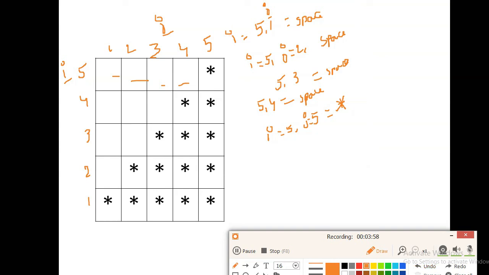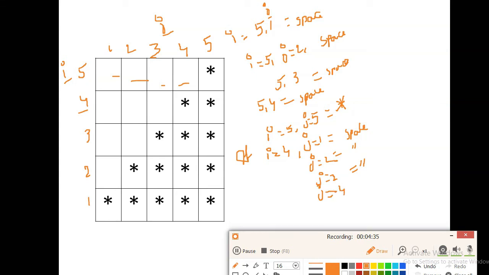Next, we will go to the second row. If i equals 4 and j value again starts with 1, print space. The i value remains the same, j equals 2, space will be printed, j equals 3, space will be printed, j equals 4.